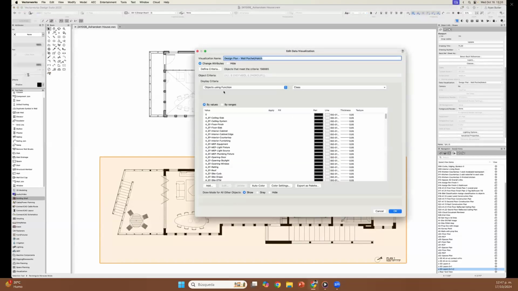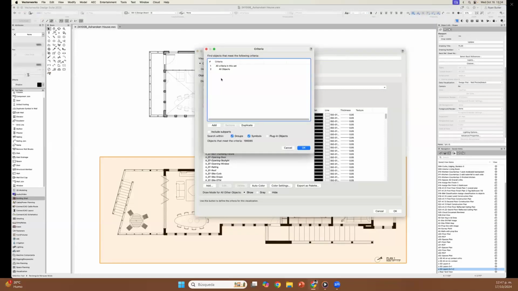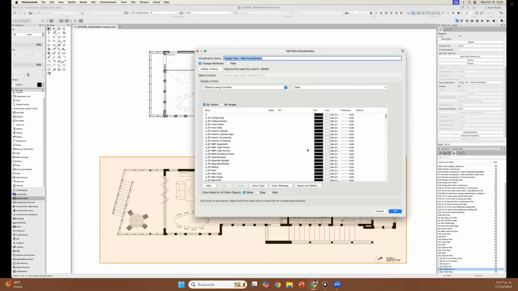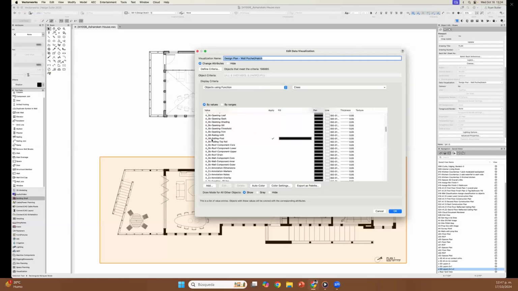When you edit a data visualization or decide to create one, this window comes up. The first step is to define the criteria. This one's pretty simple. I just chose all the criteria in the project and all objects. You can change this with drop-down arrows. And then I decided to organize this criteria by class. So then I just went down to the classes that I want to override. Like for example, this post, these are the posts over here, but let's go down to other ones like the